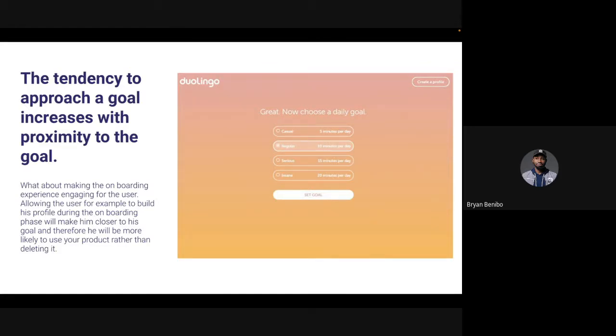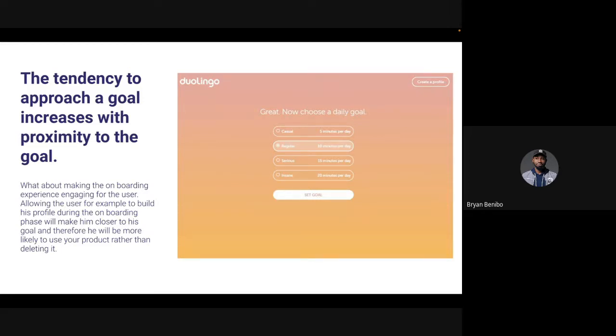So for some of your products, you might also want to help the users complete their profile. That's why, if you notice when you are logging into an app, you see the social media, Facebook, Google APIs, right? So it's able to be used instead of your normal username and password. When you do that, they have your full data, and you feel like, okay, I've already created my profile, I'm already on board, let me just see what it does.